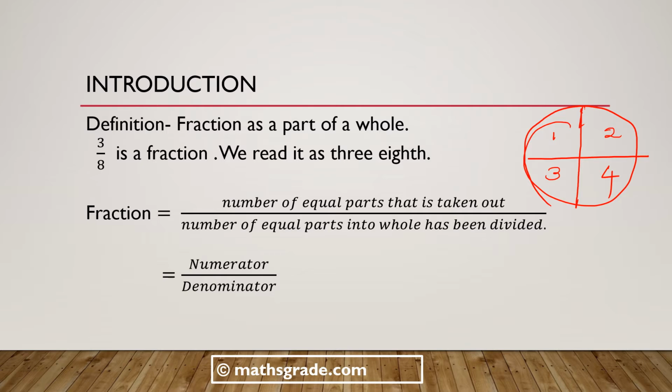Suppose we take the pizza as a whole, that is 1. This whole pizza is 1. The whole is represented with the number 1, and the first friend will get 1 divided by 4. There are 4 friends, so you have to divide the whole pizza among 4 friends. That is, the first friend will get 1 divided by 4, that is 1 by 4, and the second friend